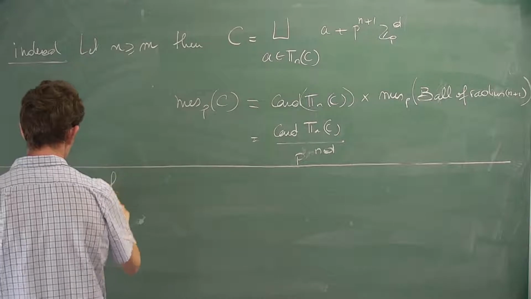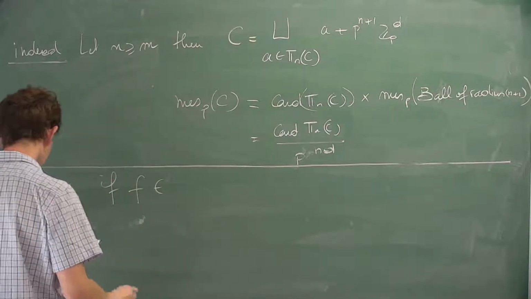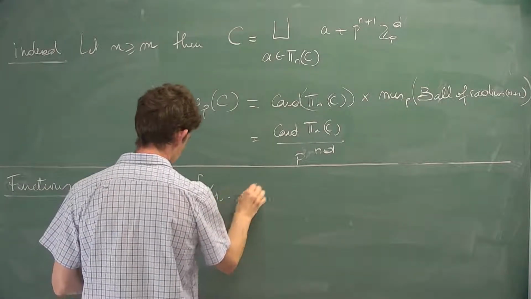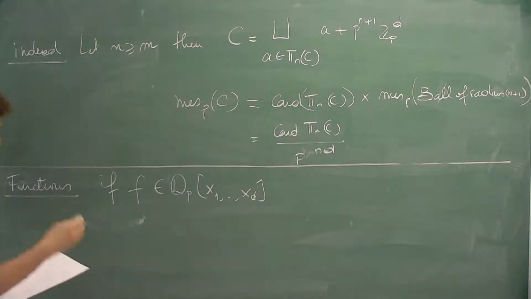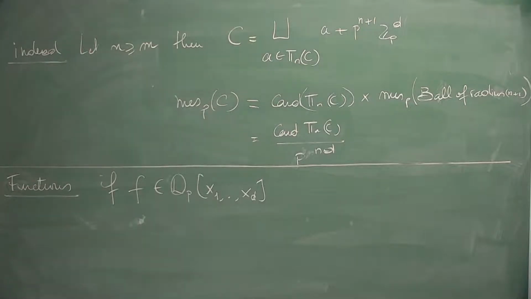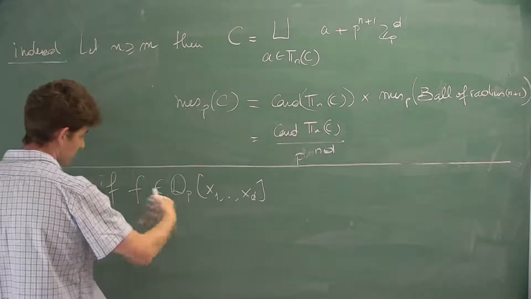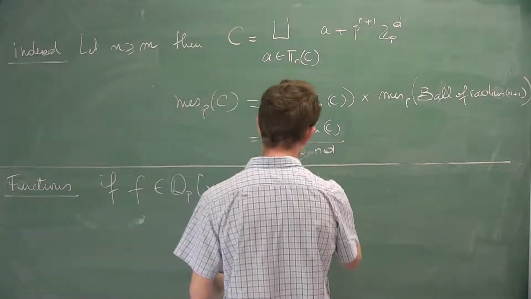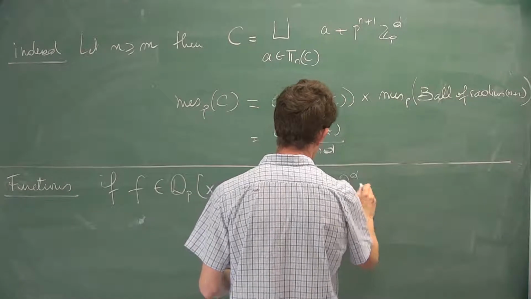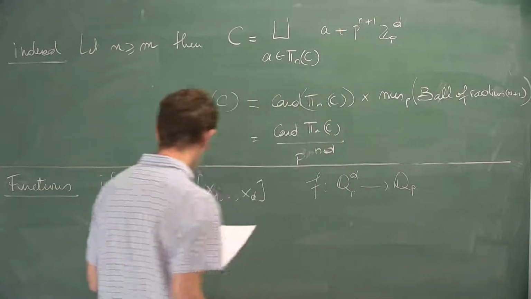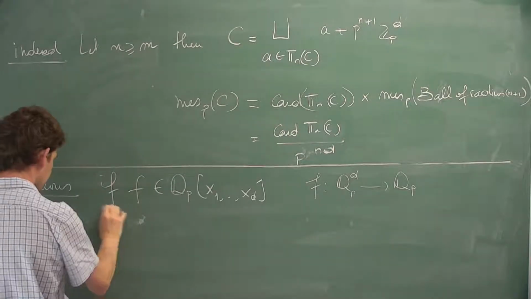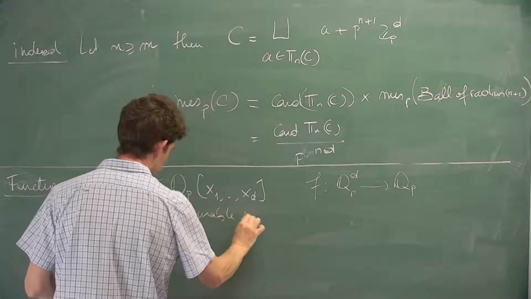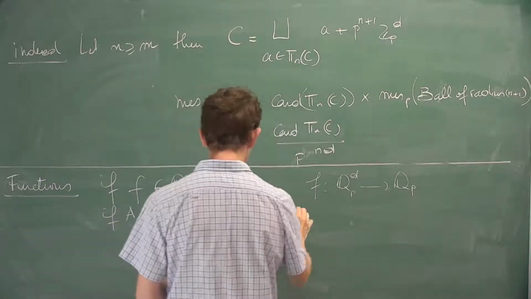so I just want to show you, I take something which is just a polynomial, but you can also define that for Q_p analytic functions. So you start with a polynomial with coefficients in Q_p. So this gives you a function from Q_p to Q_p, and if A is a measurable set of Q_p^d,